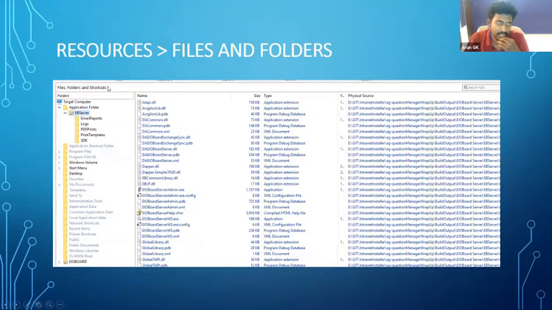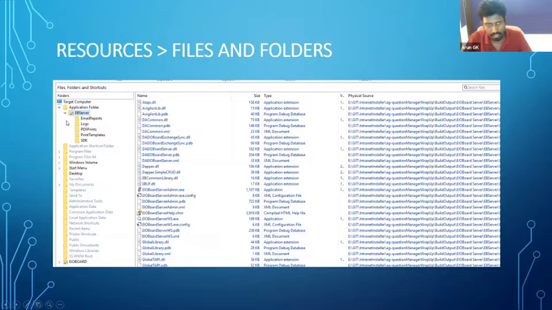Next, resources. Under the basic features of Advanced Installer, we have resources. Under resources, we have files and folders, what we are going to deploy on the machine. In files and folders, we have the application folder and all system folders on the left side of the Files and Folders and Shortcuts window. Under the application folder, we are naming that folder as EB server. It will deploy the application under the folder name EB server. Here we have to place all the files.